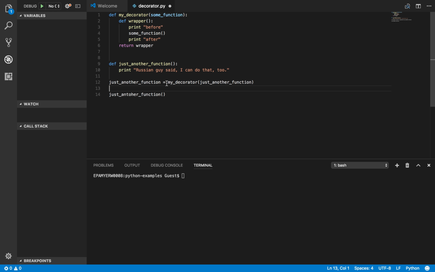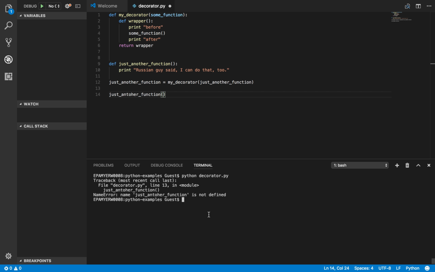Remember, I assigned the result to this name. This statement returns a function, but it returns the wrapper function, where I print something, call some function, and print some other thing. So as you can guess, this is an error, because just another function